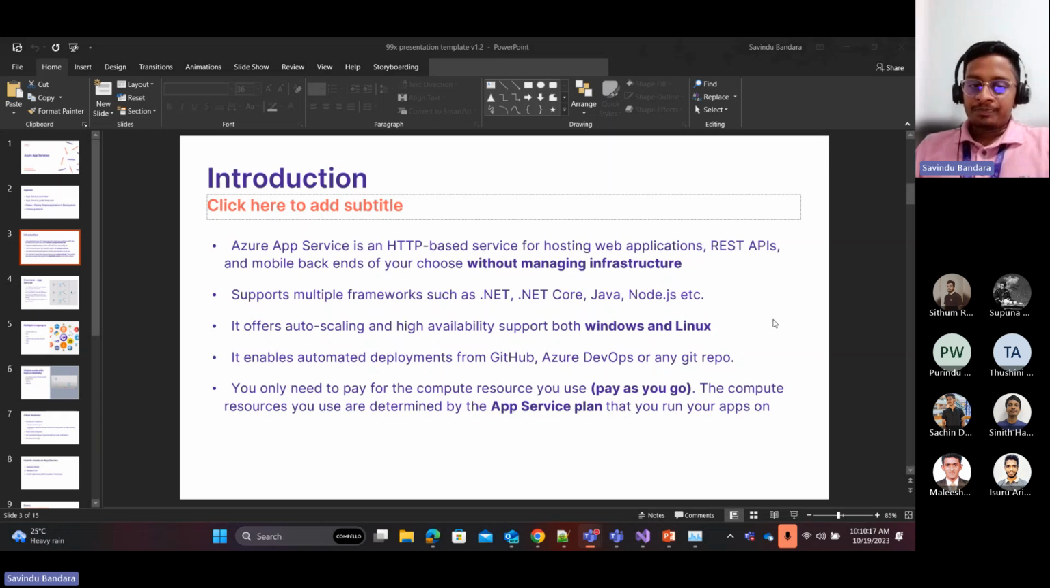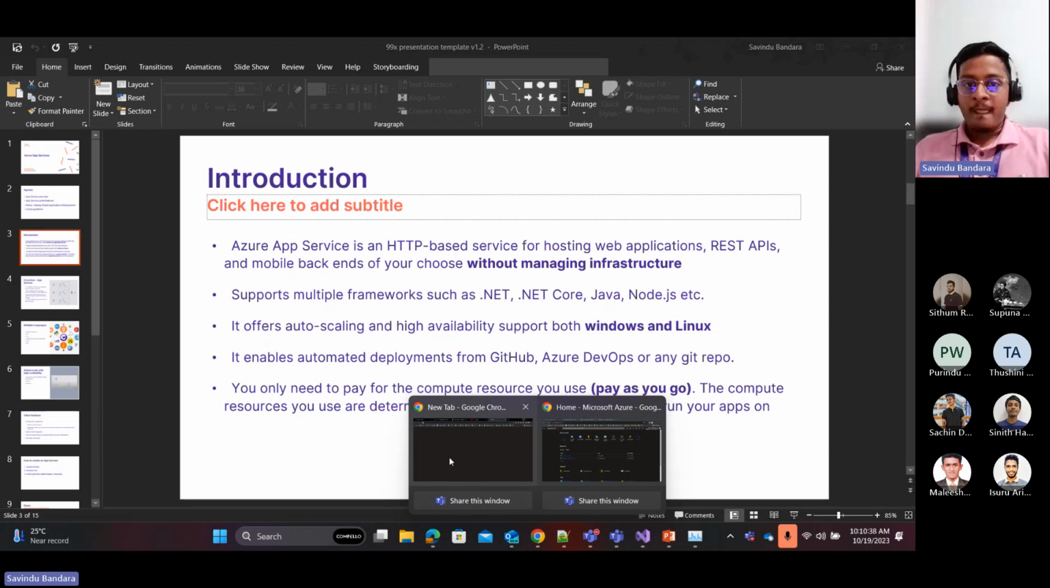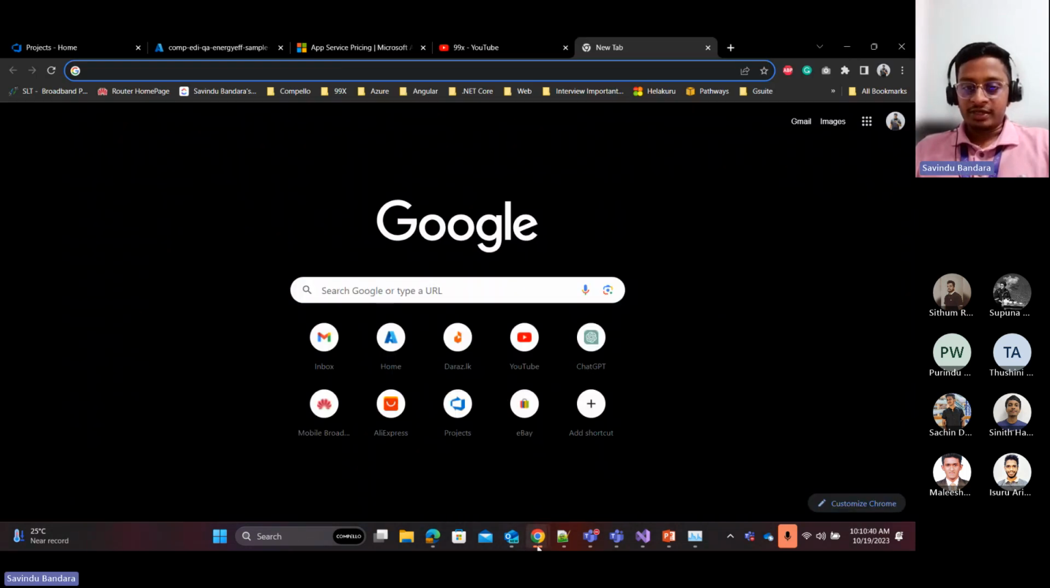And you need to pay for the compute resource, pay as you go. You may have already heard about this on cloud platforms. Mostly it is pay as you go. These computing resources are determined by the App Service Plan that you are going to run your applications on. So I will quickly show you the pricing mechanisms